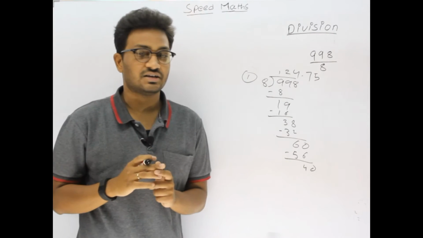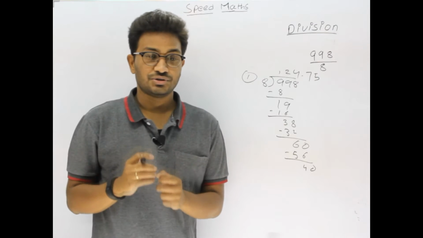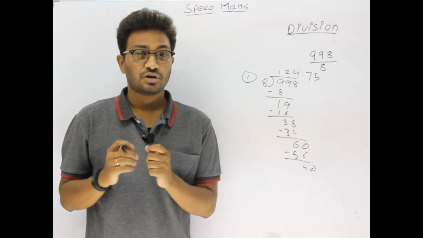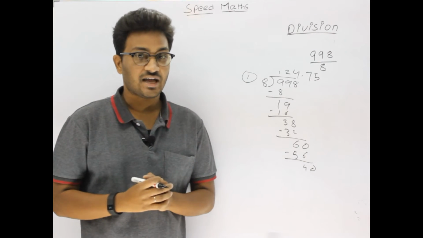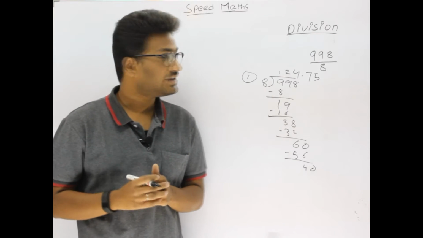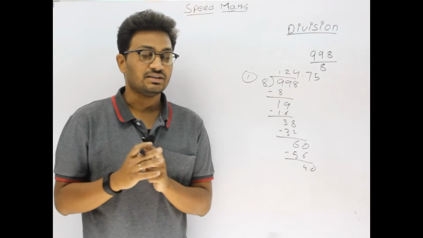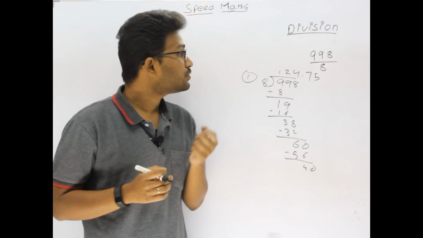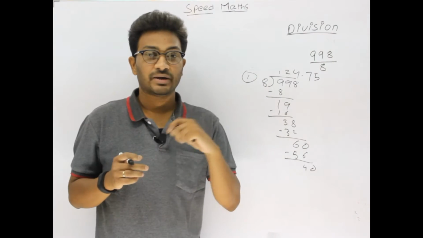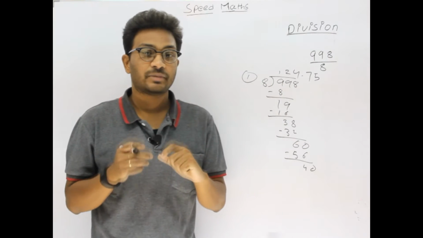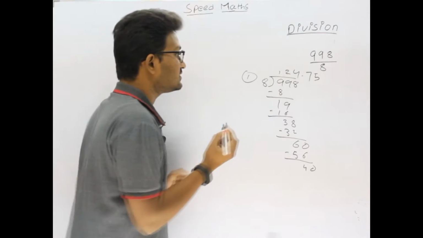No doubt that the answer is correct. But we should not do calculations like this, and we should not put pen on paper for such silly calculation. What we have to do is we should do calculations mentally, and there are students who try to do these kinds of divisions by dividing numerator and denominator by taking a common factor like this.